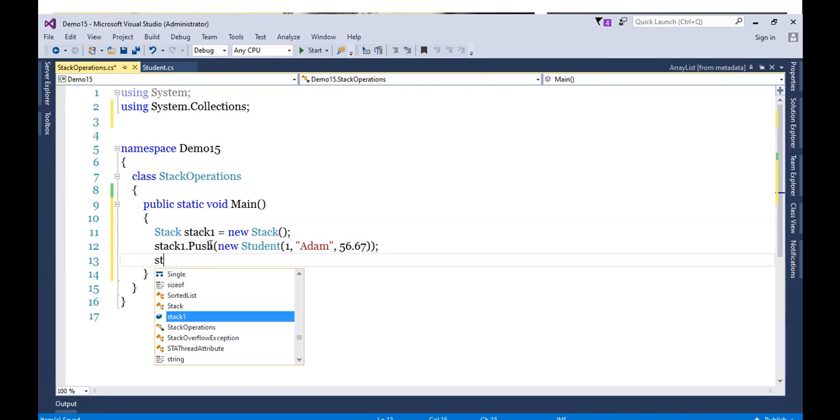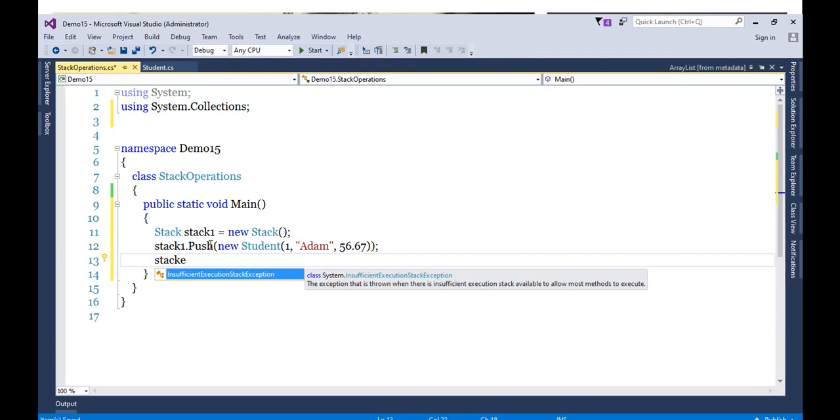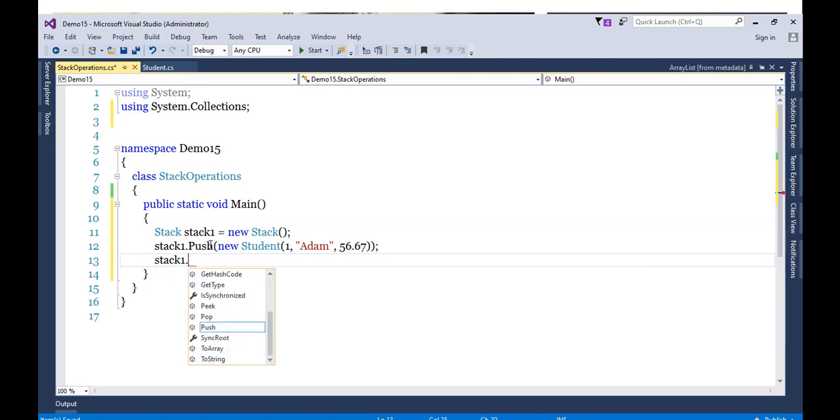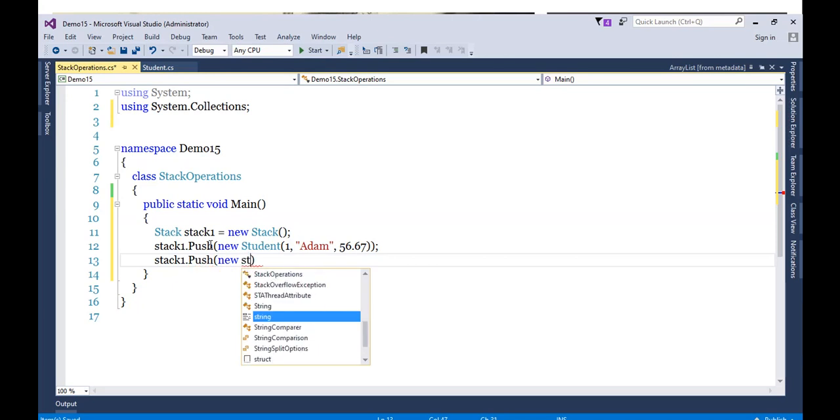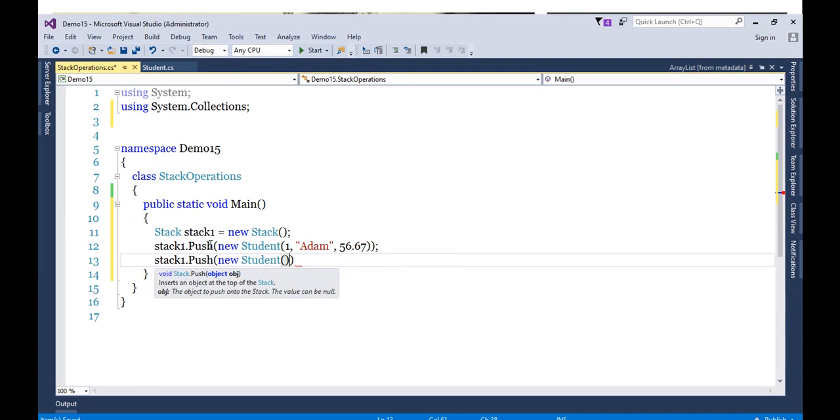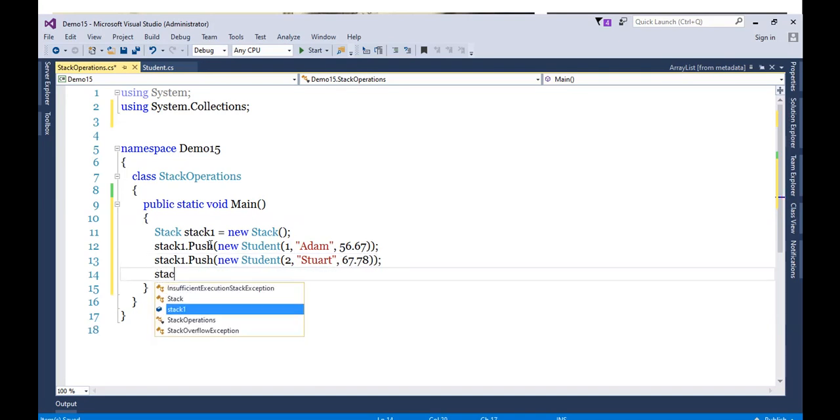Next, stack1.Push student. Let's specify some values out here like 2, Stuart, and then let's add one more.